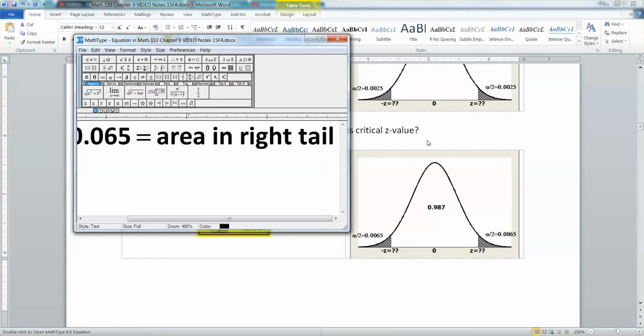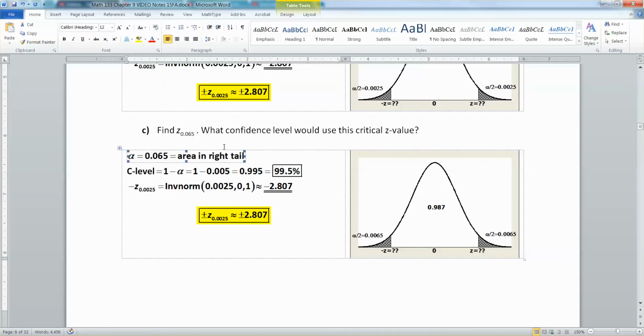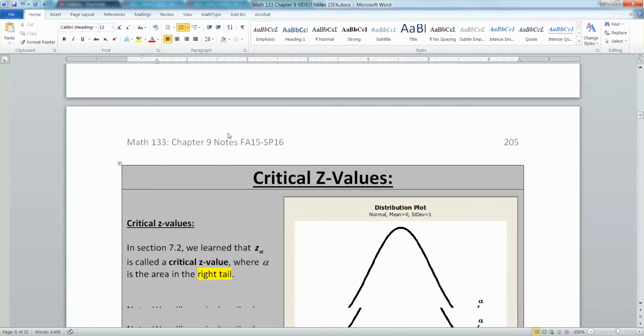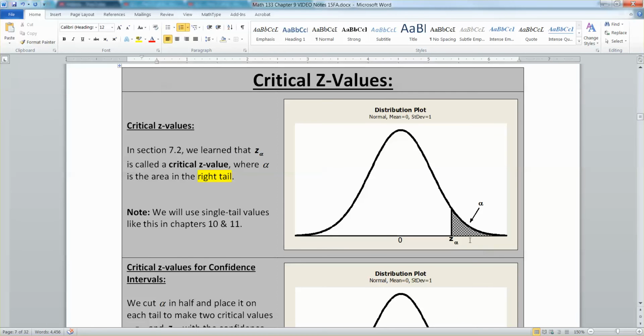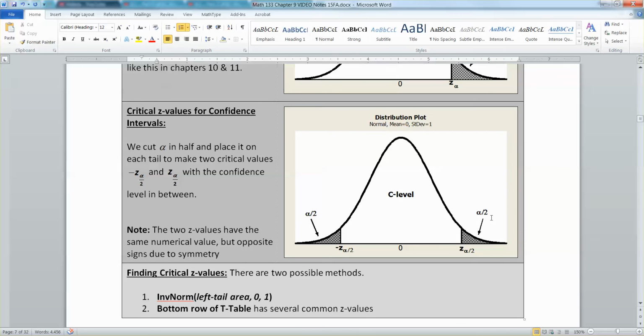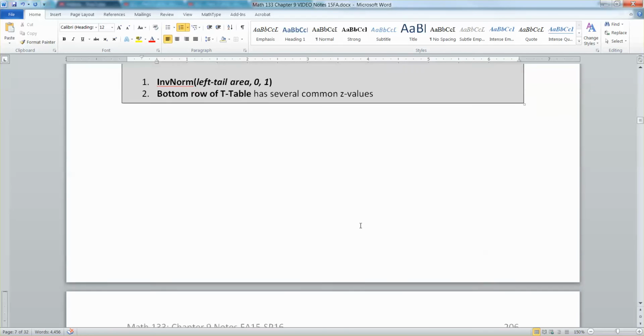By definition, when you see that little subscript, z 0.065, according to the picture right back here, that is automatically an area in a right tail. And because it's a confidence interval, it's actually alpha over 2 already. It's not technically alpha because this is for a confidence level. So we know that alpha over 2 is actually